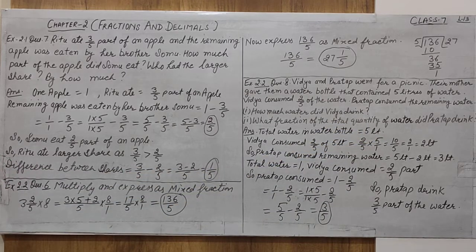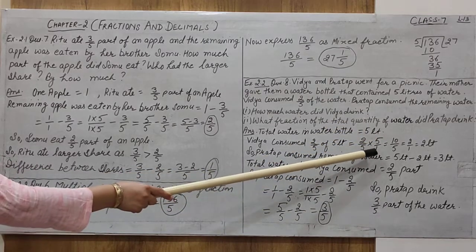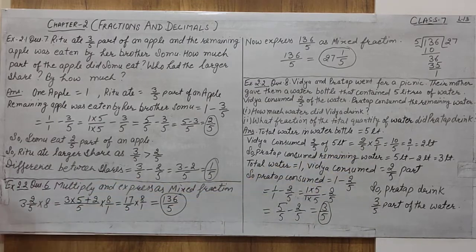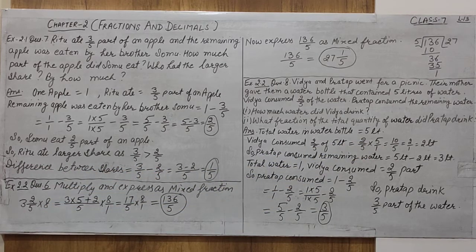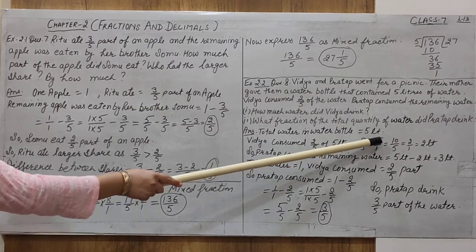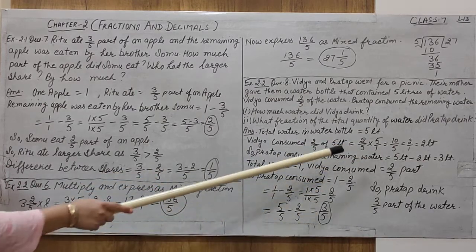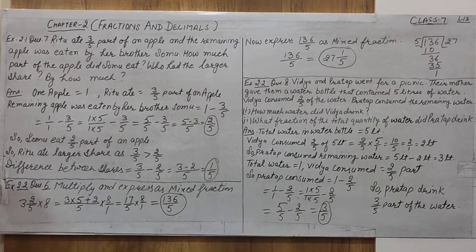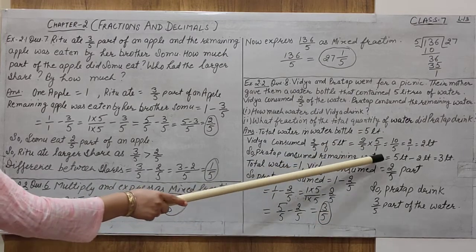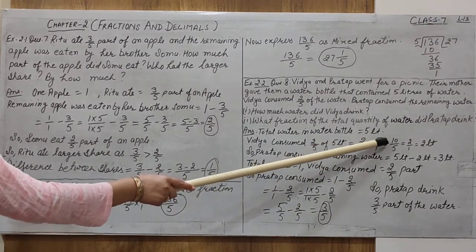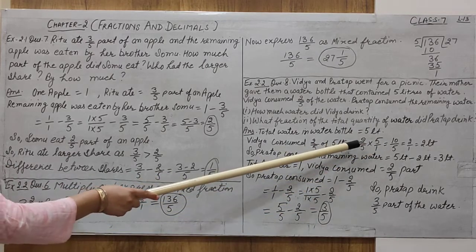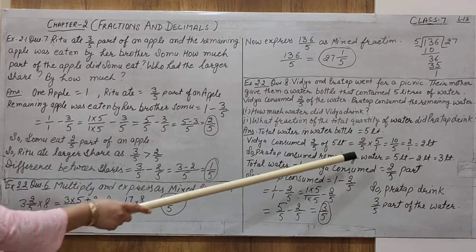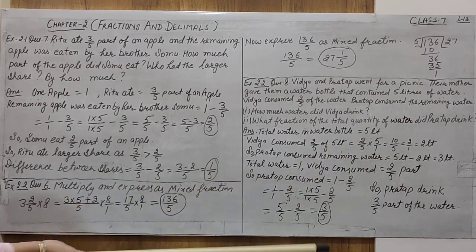Now 5 is a whole number. How can we change it into a fraction? We can place a 1 in the denominator so that there is a numerator and a denominator for the fractional number. So 2 by 5 is multiplied with 5 by 1. So 2 is multiplied with 5 because when two fractional numbers are multiplied, the numerator is multiplied with the numerator, the denominator is multiplied with the denominator. 2 multiply 5 gives us 10, 5 multiply 1 gives us 5.